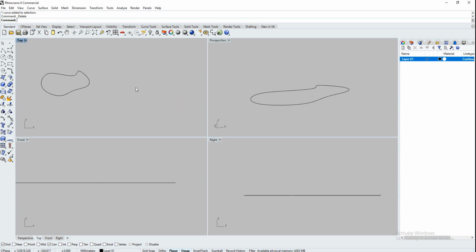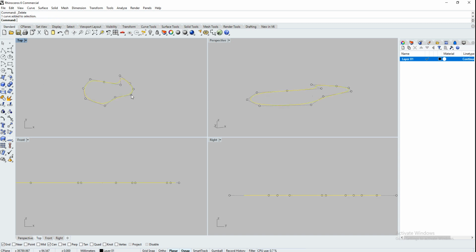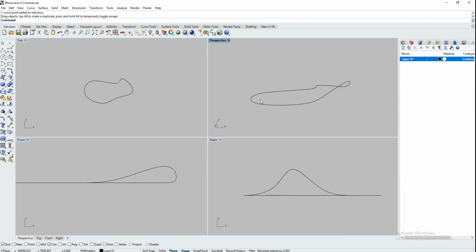And again, it won't work if you have a non-planar curve. If I take this control point here and move it up, this curve is no longer planar. And if I try the planar surface command, it won't work. No faces were made, curve must be closed and planar. There is another command you can use to fill that surface in,